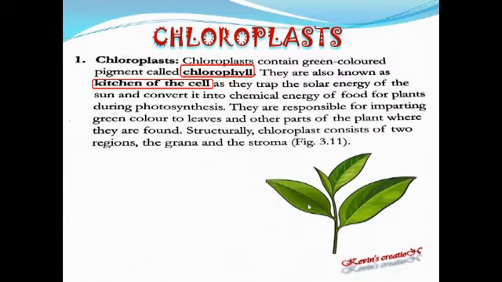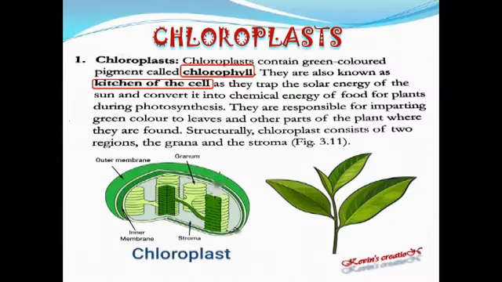Now here you see the leaf and the tender stems, they look green in color. Why? Because chloroplast is present. Chloroplast has a green colored pigment which is chlorophyll. Now here you see this is the structure of chloroplast. This is bound by a double membrane, outer membrane and inner membrane. Clearly you can see they have two parts. One is grana and the other one is stroma. I'll show you.